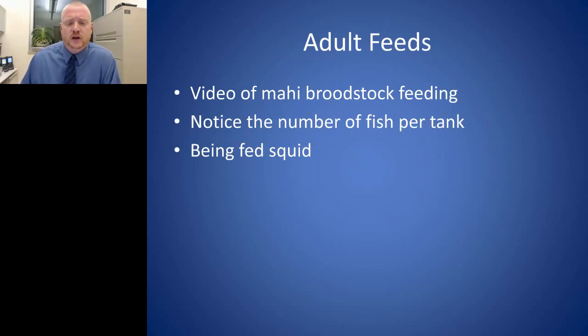So in this video, we're going to be feeding some mahi some squid, but I want you to notice the number of fish per tank. And the reason is that a big bull or a big male mahi will easily kill other male mahi and oftentimes kill female mahi. So you really have to find the delicate balance between the right number of animals and then the ability to breed. So it's a bit of a challenge, but you'll see that there's only a couple of them in this giant tank. And this is an 80-ton tank, so it's 22,000 gallons, and look at how many fish we have in there. So let's go ahead.